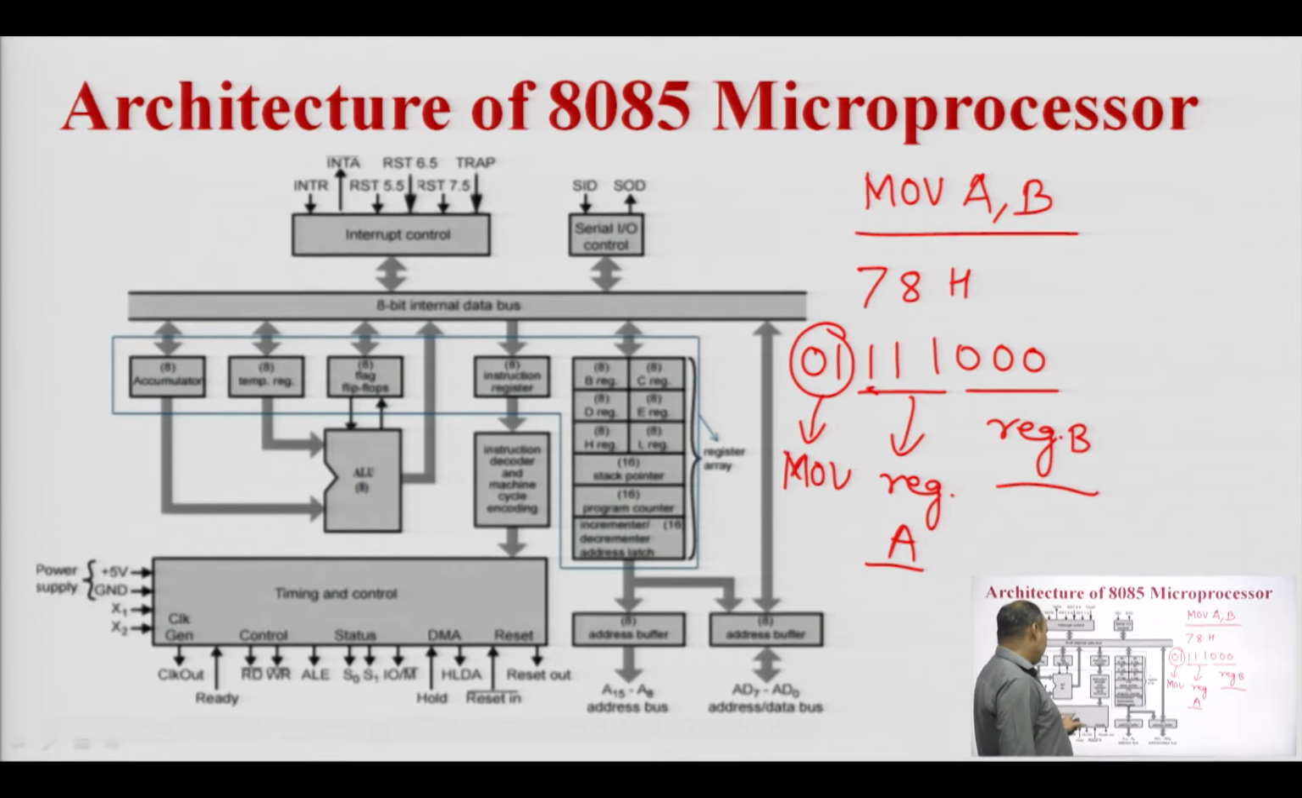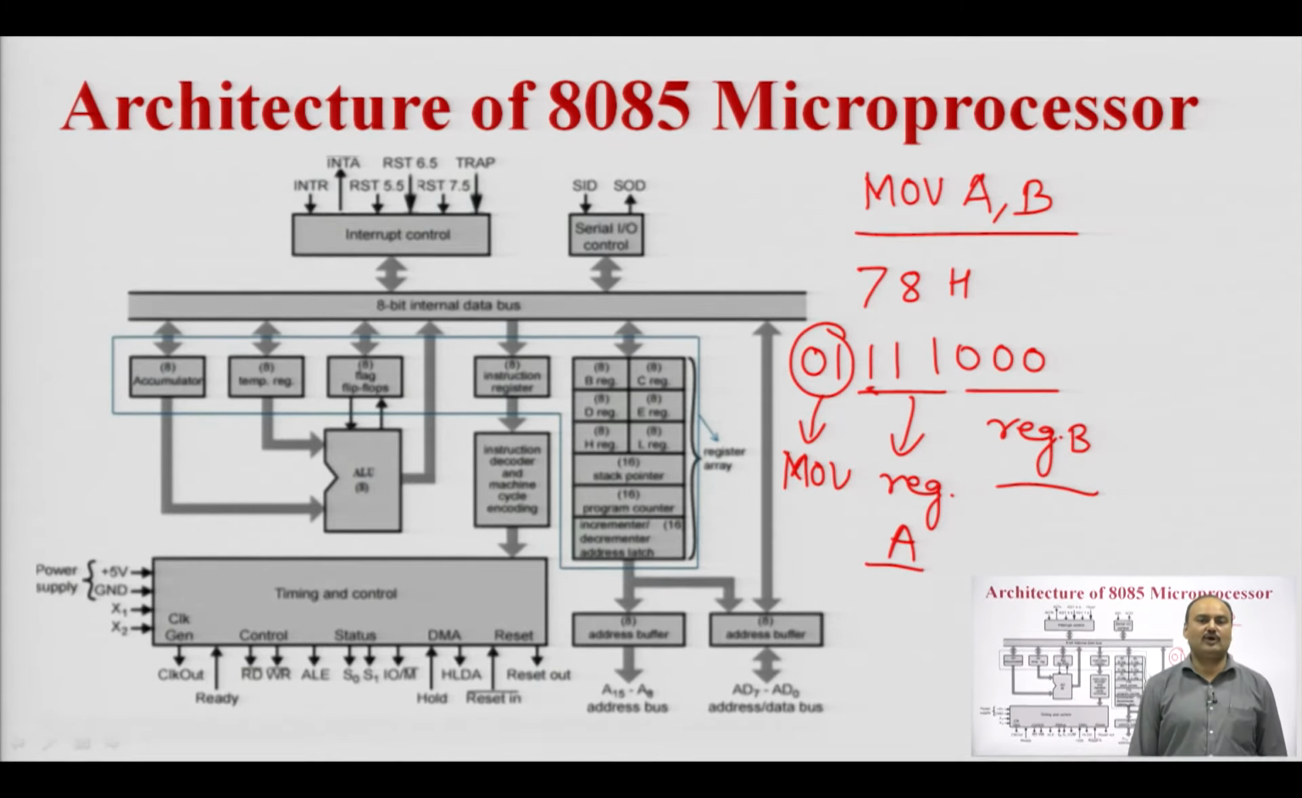So, the timing and control unit will select the B register from the general purpose registers by providing the necessary control signal, and similarly it will provide the control signal to the accumulator register to perform the MOV A, B operation. In addition to this,